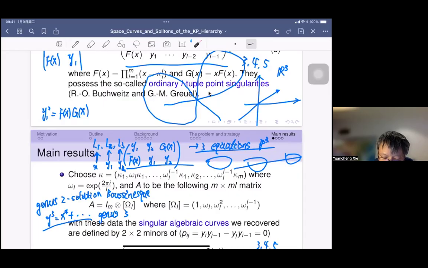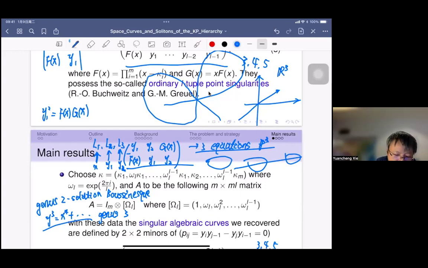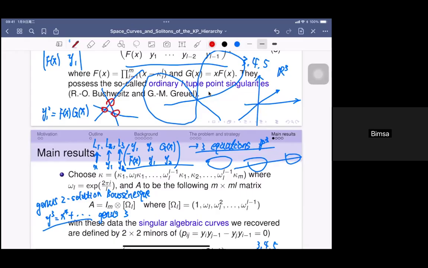So in 3-dimensional space, if you want to resolve this singularity, you just need to shift this axis along one of these axes. For example, shift it here, and then you will have 2 double points. That is why it is genus 2. But if in the plane you have 3 lines intersecting together and you move it a little bit, you will always get 3 double points. Yes, yes, I agree, of course. But